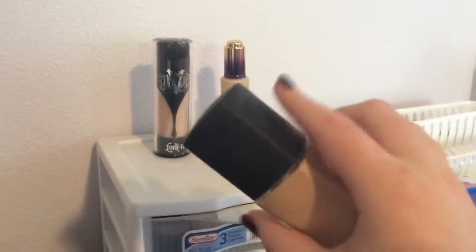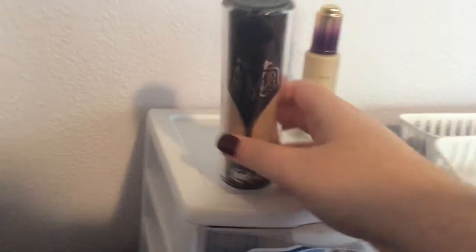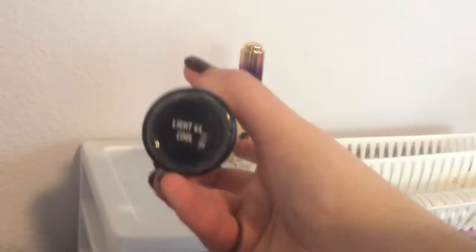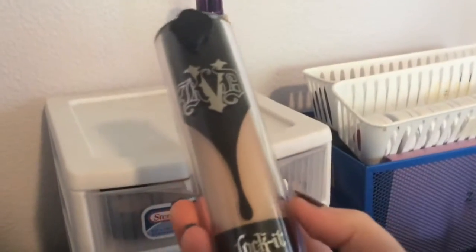I wish I had a pump too, because then I wouldn't risk using a lot of product. Anyway, this one I also got for Christmas. It's a Kat Von D Lock-It in Light 44 Cool. And this foundation,